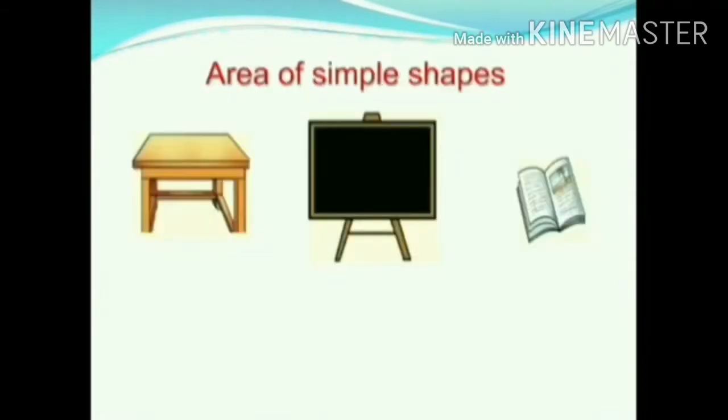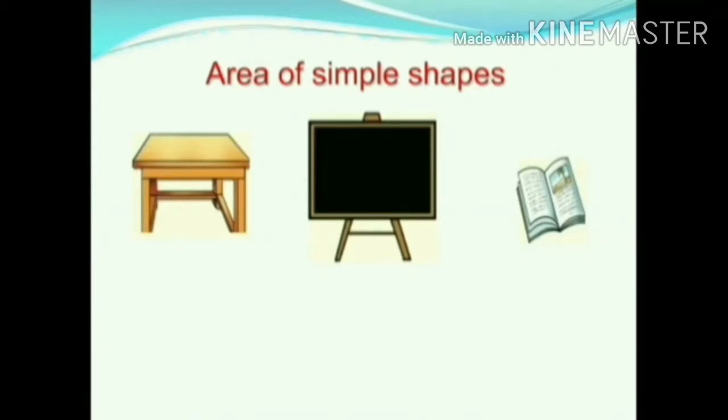Now we will learn about area. In the above shape, observe the surface of table, blackboard and the book. Among these, which is the biggest and which is the smallest shape? On that basis, would you decide? Let us see it. The second shape, blackboard, is the biggest one, and the third shape, surface of books, is the smallest. What is the reason for your answer? Second shape occupied more space and the third one occupied less space.